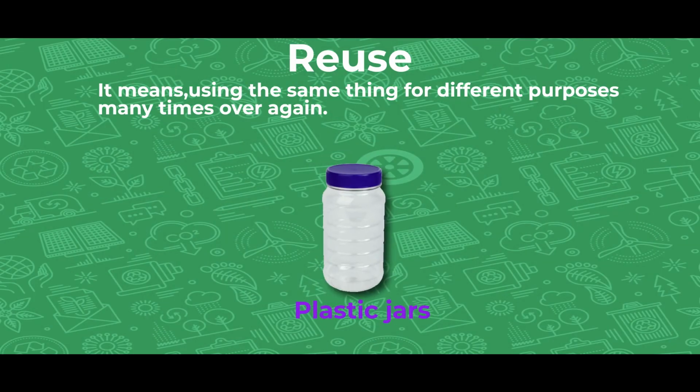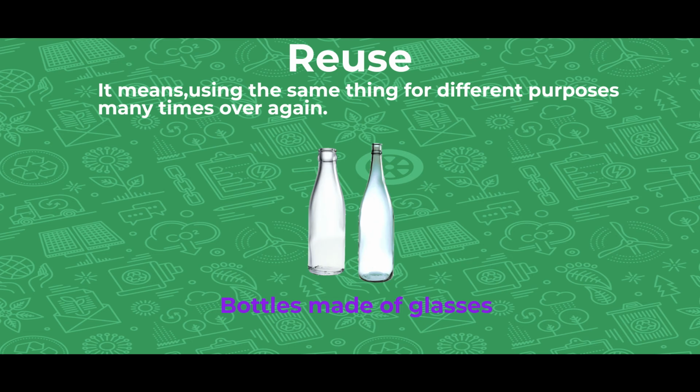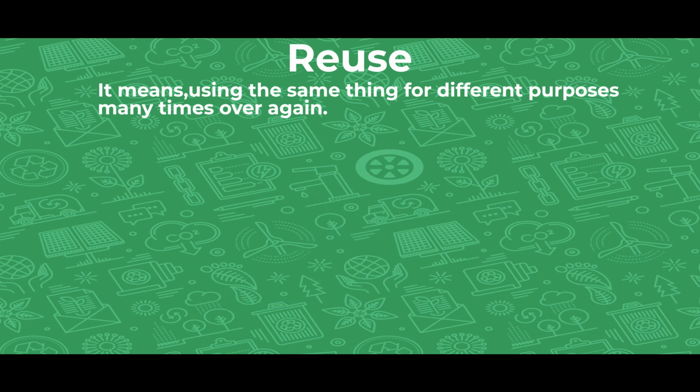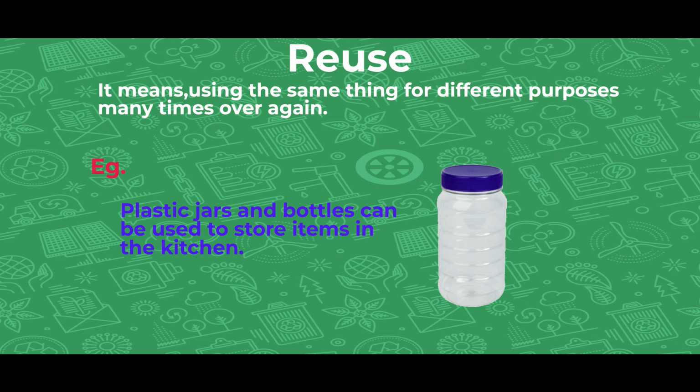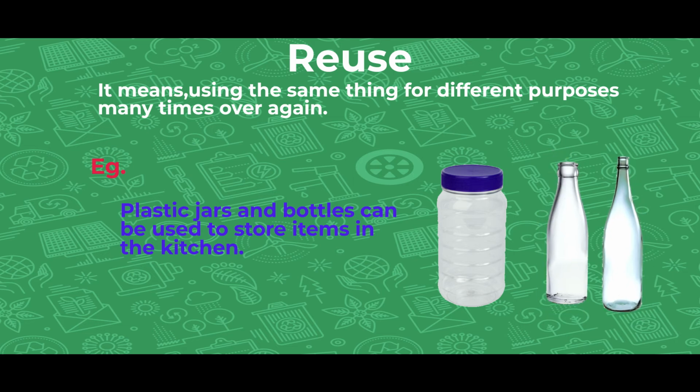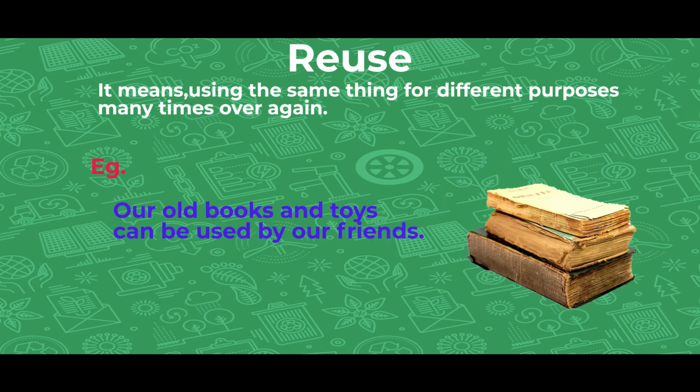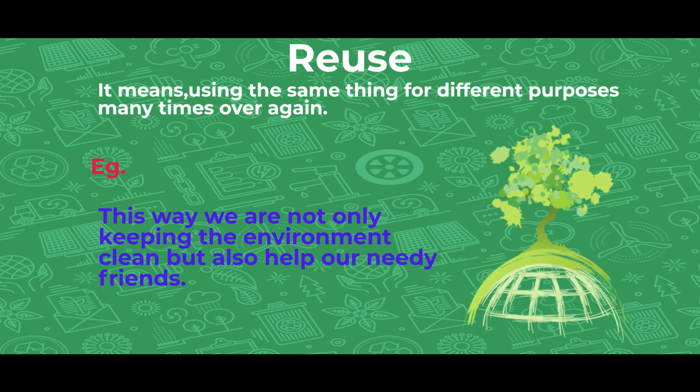We can reuse certain things. For example, plastic jars, bottles made of glass, but not bottles made of plastic, rice bags, old books, and old clothes. Plastic jars and bottles can be used to store items in the kitchen. Old books and toys can be used by our friends. This way, we are not only keeping the environment clean, but also